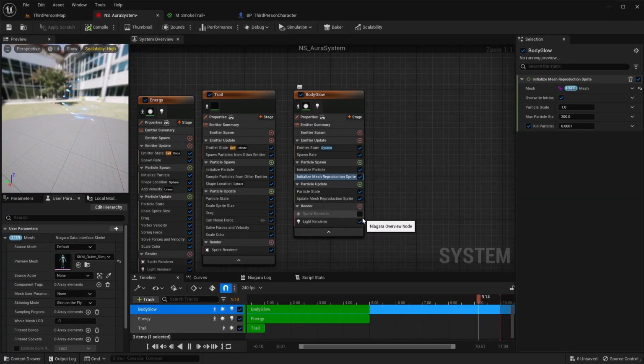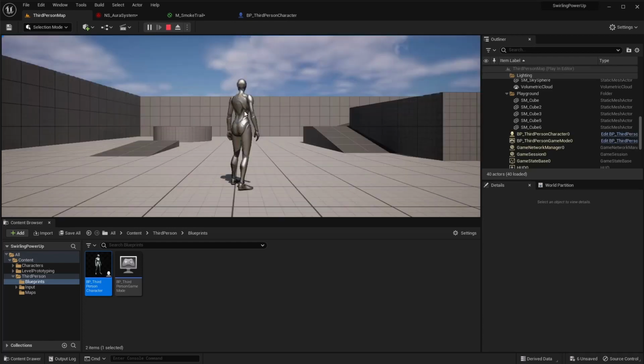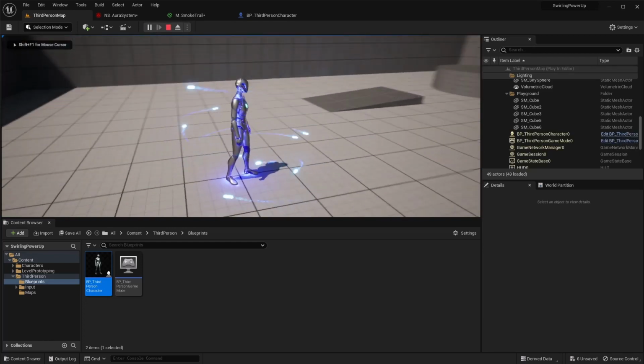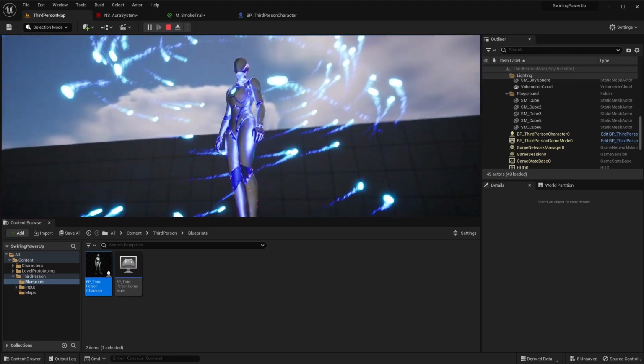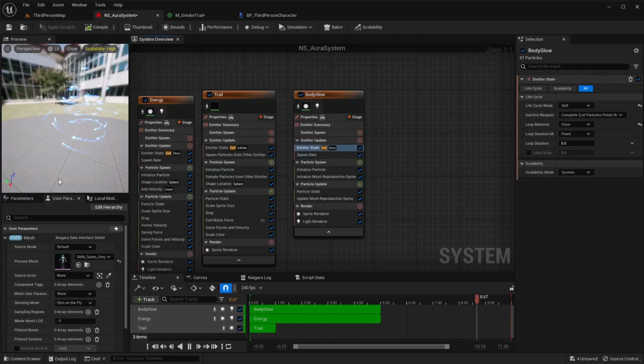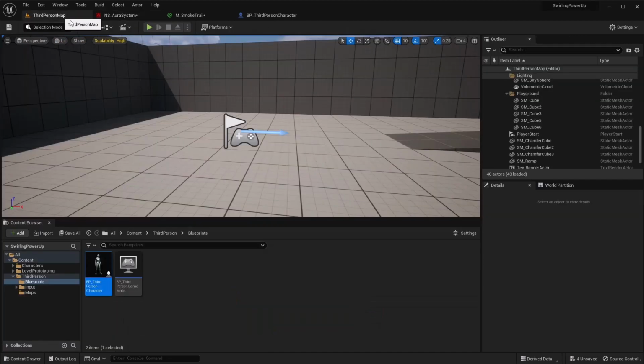We can also do the sprite renderer on this if you have different looks that you want to put on there. This one has little peak dots going on it. For now, I'm not actually going to use the sprite renderer on here, so I'm going to turn that back off and just keep it as the light renderer.